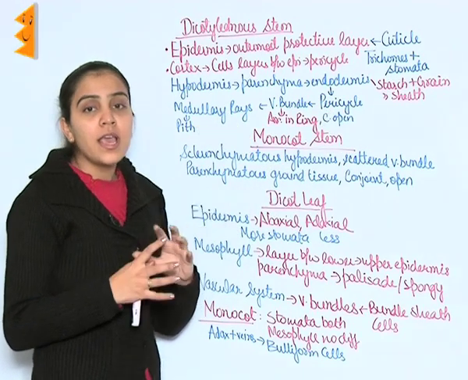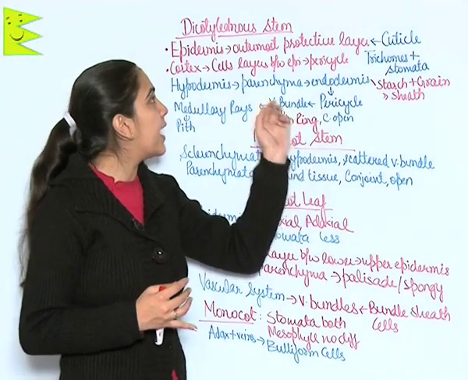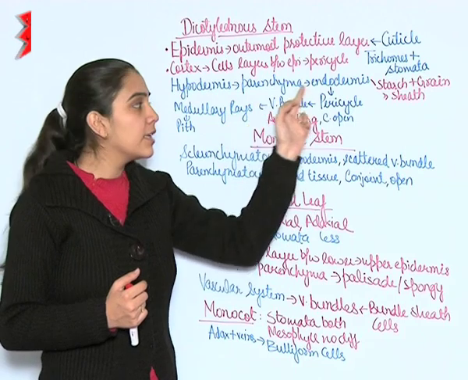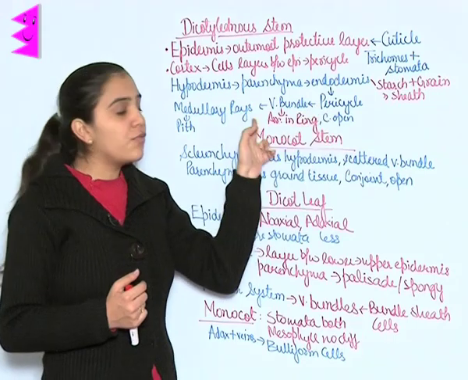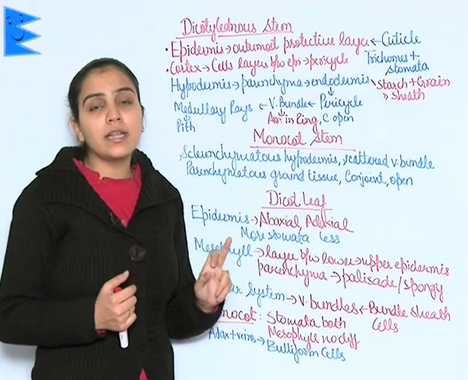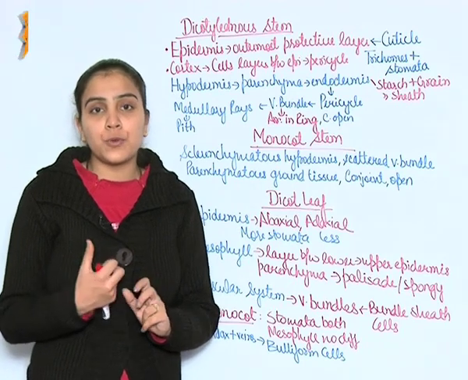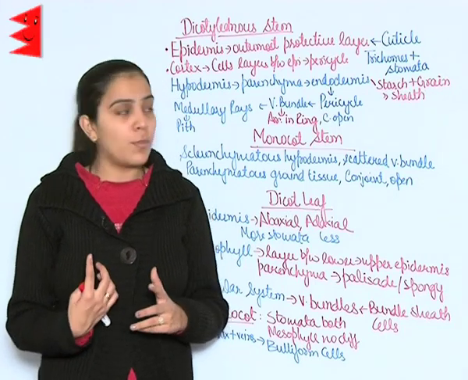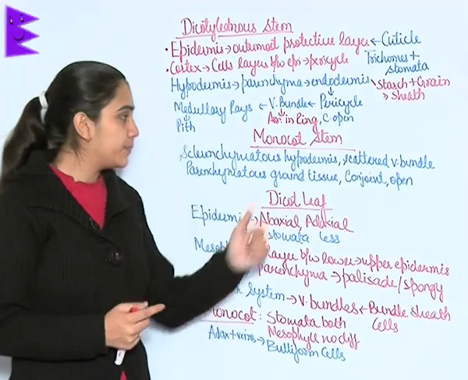After the medullary rays, an open cavity is seen, which is known as pith. So you can see in the diagram epidermis, then cortex, then hypodermis, endodermis, the innermost layer of endodermis, pericycle, then vascular bundles, medullary rays and pith. Vascular bundles are arranged in the form of a ring. This is the characteristic property of a dicot stem, that vascular bundles will be arranged in the form of a ring, and the arrangement is conjoint and open.